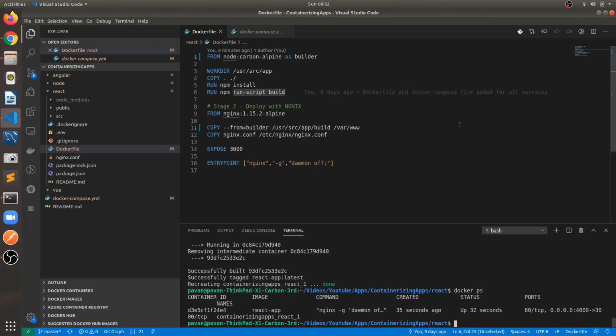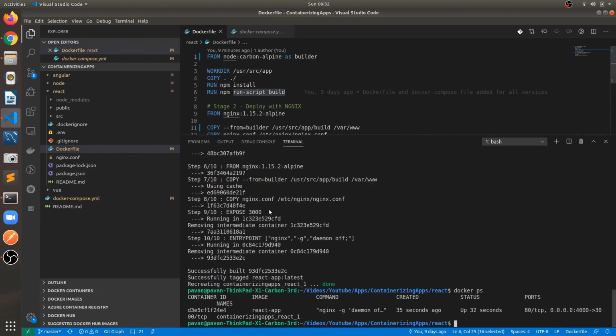At the initial stage it could take a little more time to get all the images. Anyway, we are using Alpine images, which are the smallest distribution of Linux, so that's why it won't take a lot of time. But creating the optimized production build could take a little time for React. So make sure you just wait until the container gets created, and these steps will get printed on the terminal as well.